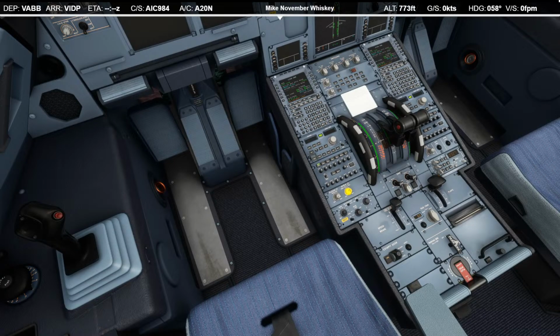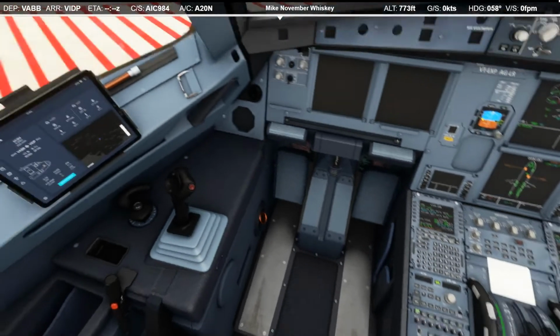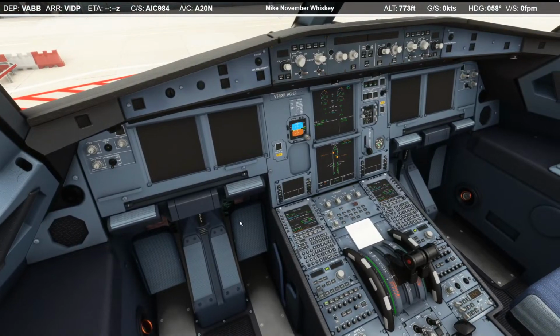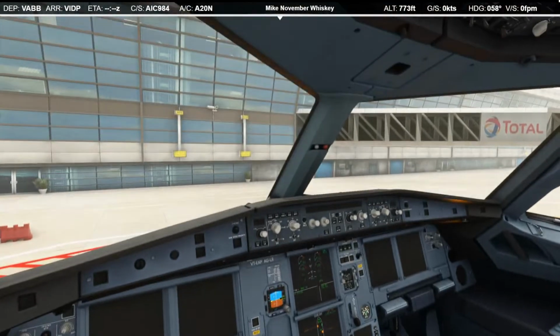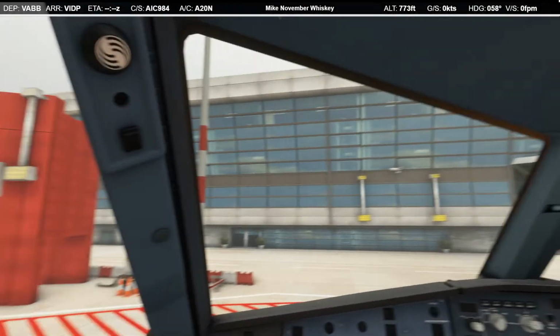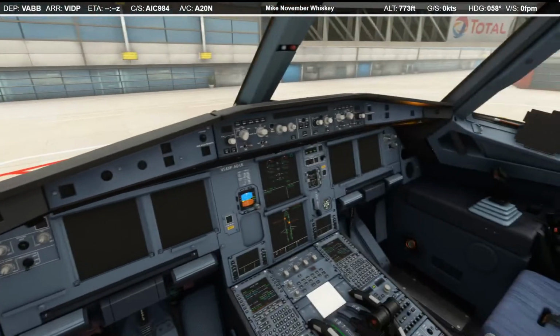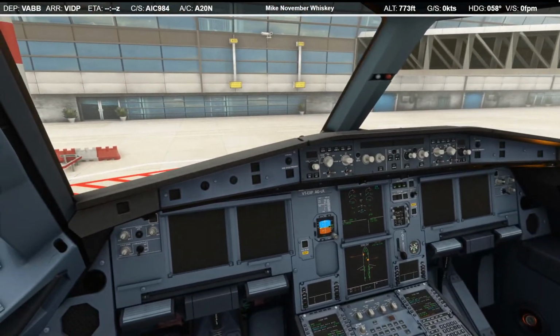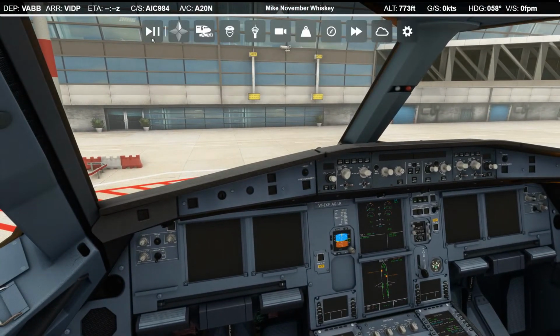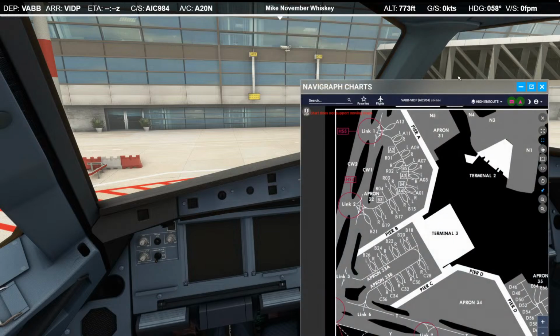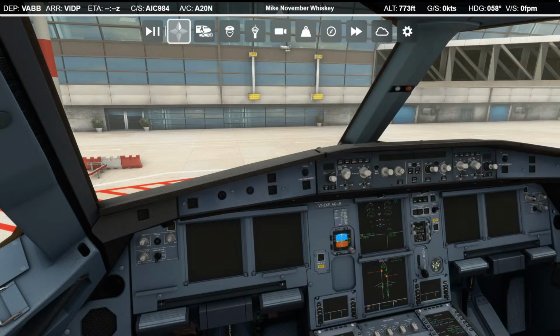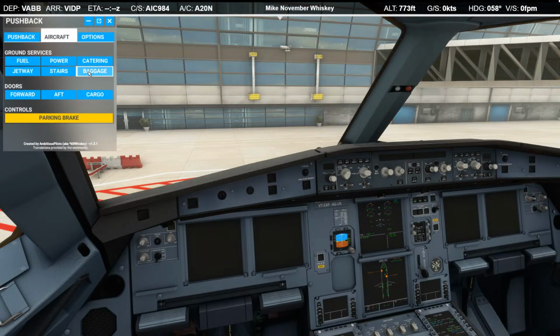Dim the lights. Okay, I think that's most of everything. So let's go ahead and assume that baggage is done. So let's get that cargo door closed.